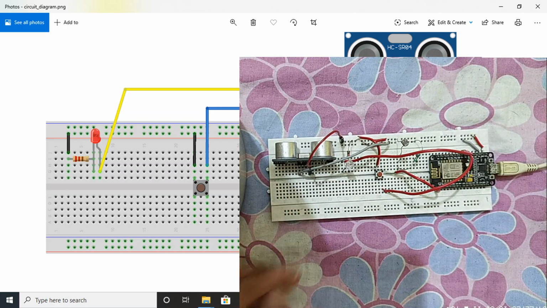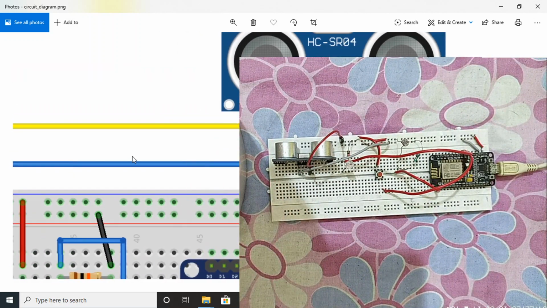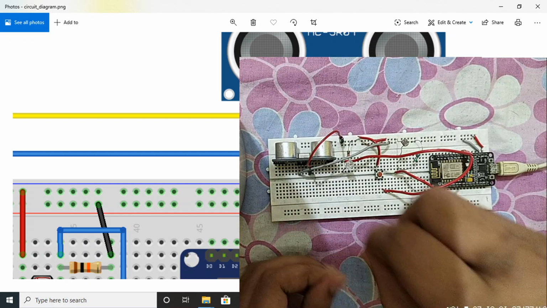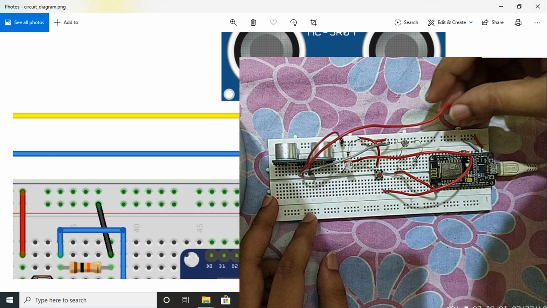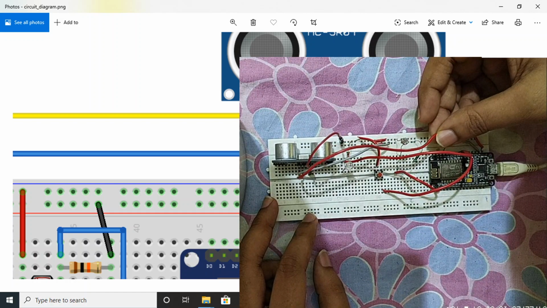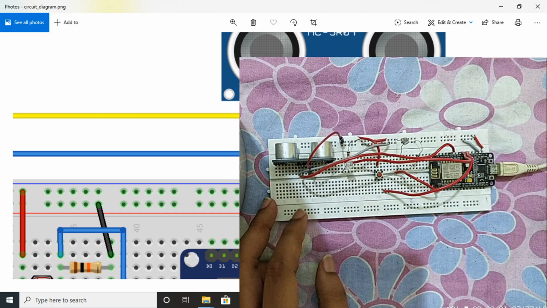And echo, what is the echo? Echo is the orange wire connected to D4. Connect echo to D4. This one is echo, connect this to D4. D0, D1, D2, D3 and D4, fine.